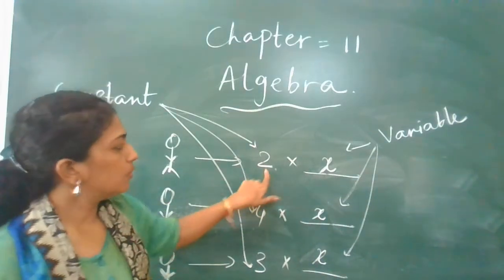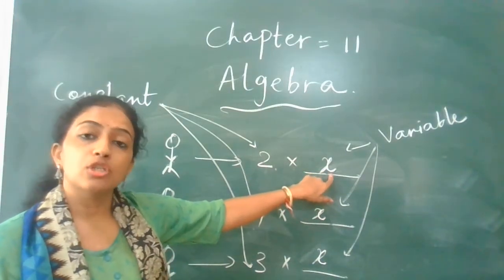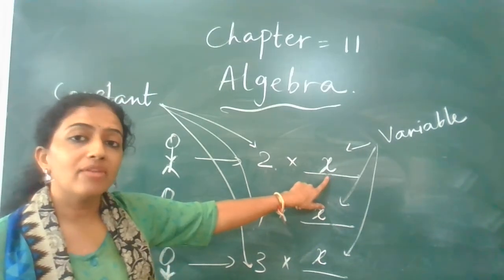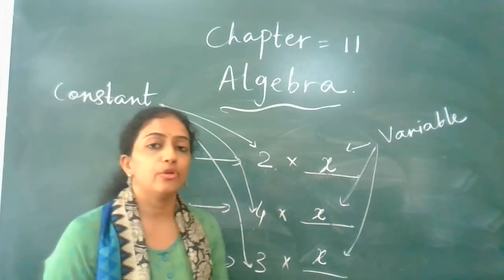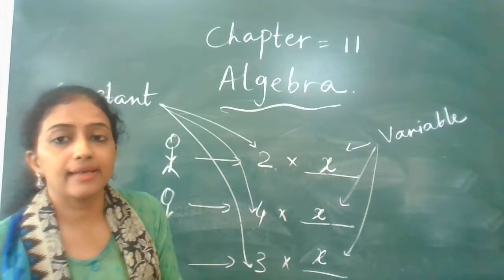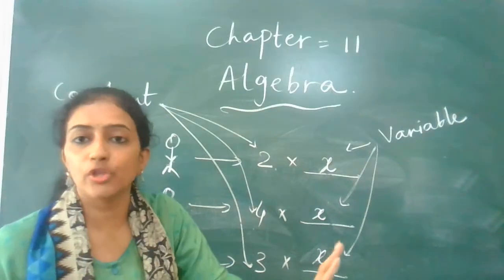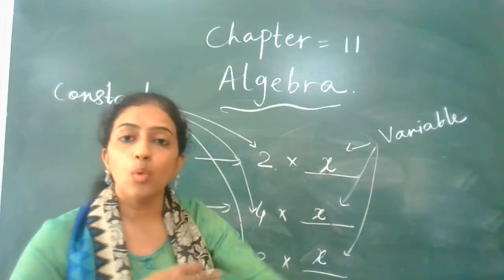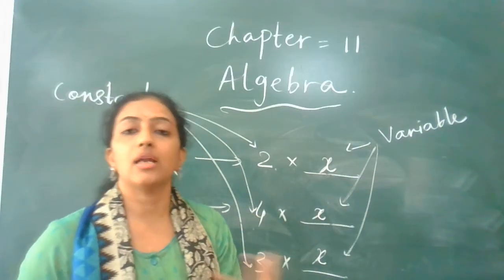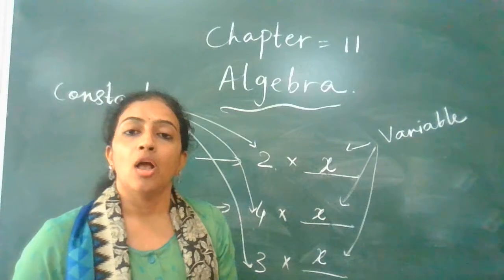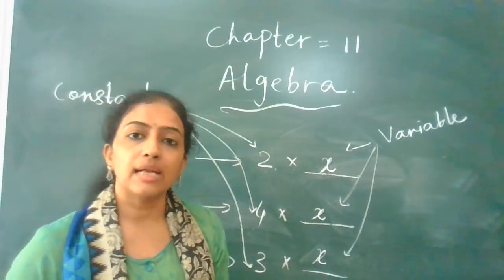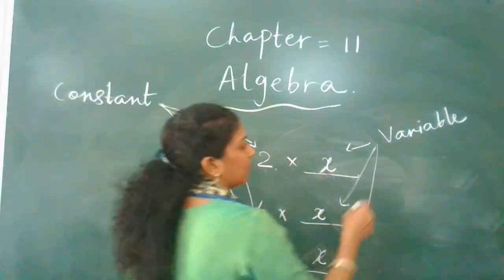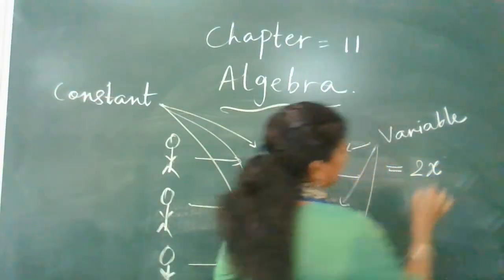So suppose 2 multiplied by x. If you have a number, you will multiply with it. But here we don't have a number. As I have said, you don't have to think about how to get the answer. Just now you have to understand the concept of variable, and how we can apply the operations on them, and in what way you can present it. So when 2 is multiplied with x, that can be written as 2x.